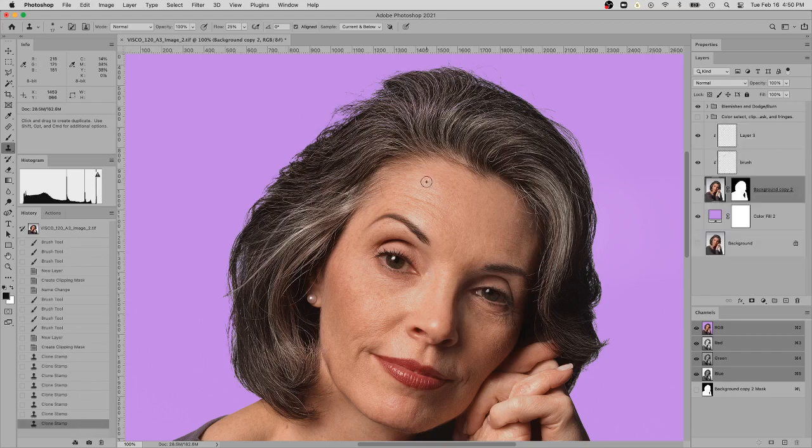Okay. And then the next thing you would probably want to start thinking about, and this is going to be switching back between three different layers: the, I want to name this one here, the clone layer. So we have a clone layer, the brush layer, and then the mask. So going back into the mask,